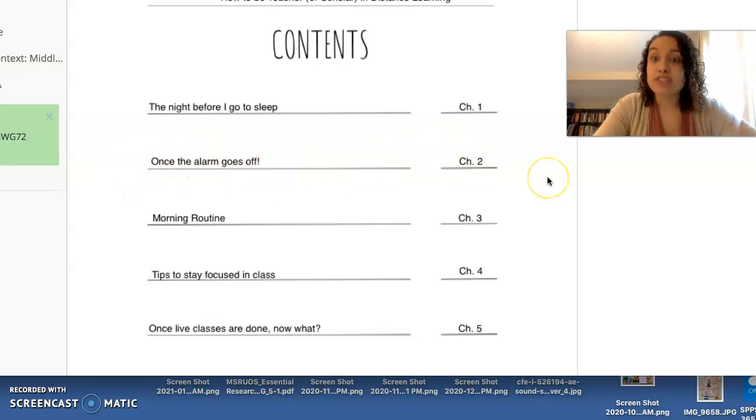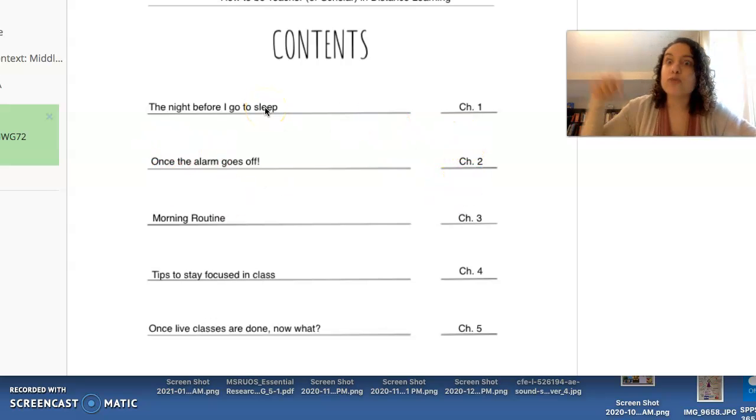I was thinking for chapter two, when I'm talking about once the alarm goes off, I have a rule where I try really hard not to snooze. And there's been lots of data, like scientific information, so maybe I'll include that in that chapter about how when you press snooze on your alarm,